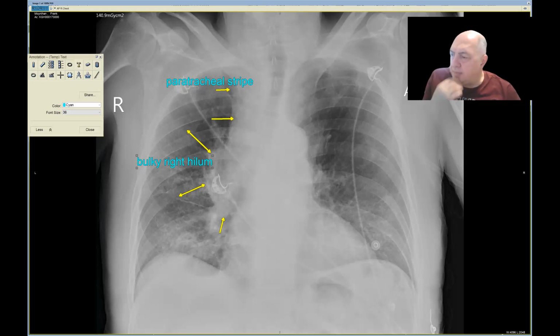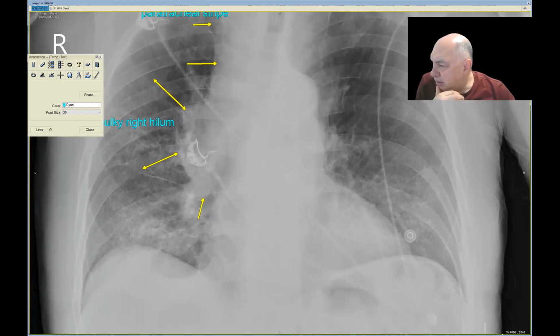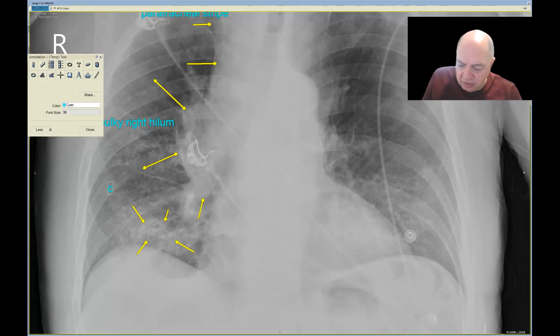So there is actually a third abnormality. If you look carefully at the base of the lung, in this region here, there is a cavitating lesion. So that's the lesion there, and you can see there's a cavity inside it. And this, although it's small, it does raise concern that this could be the cause of all these changes in